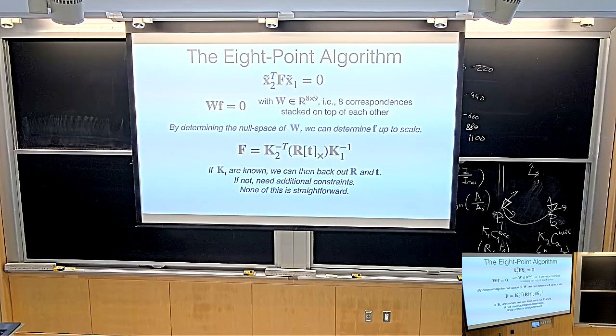So we can determine this F up to scale. Note, however, what is F up to scale? It means you have all the elements of the fundamental matrix, f11, f12, f23, and so on. But F is this whole term here, so F is a combination of the intrinsics parameters and the camera poses. So just for the record, if you were perfectly successful at solving for F, then you would have the elements of this matrix as well. This is what F is. And finally, if you knew the intrinsics parameters up front, then you would have the pose between the two cameras. Does that make sense?